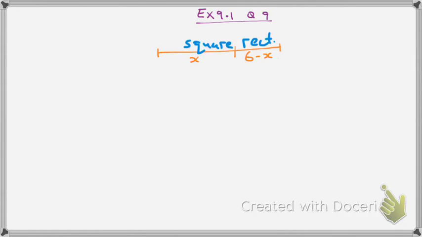And then it says, find the dimensions to, what do we want to do? The sum of the two areas to be a minimum. So we need to find areas. So let's do that. So for the square,